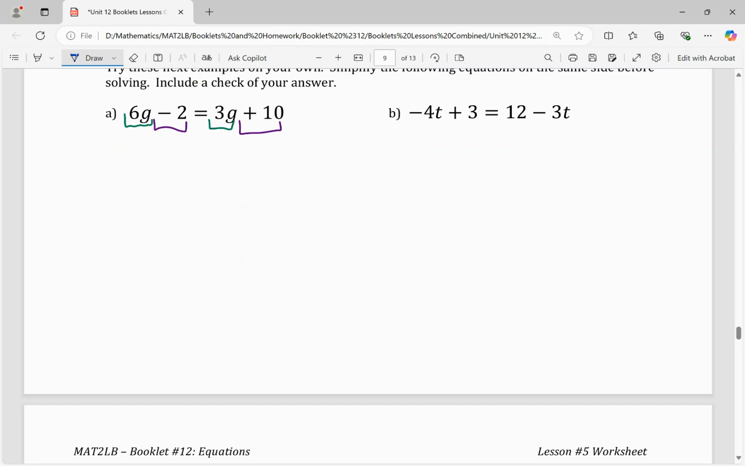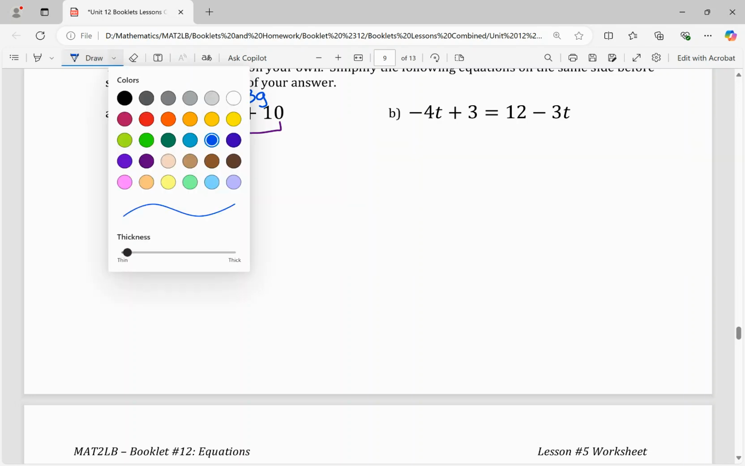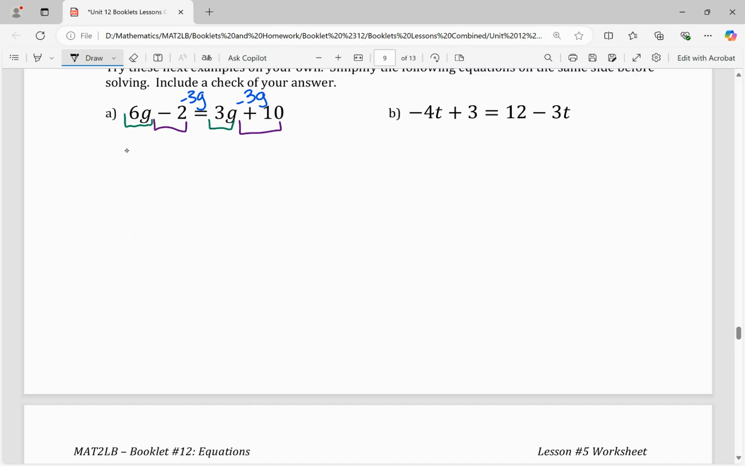The first thing that I'm going to do is take this 3g and move it to the left-hand side. How do I go about doing that? Opposite operations. In order to move the 3g over, I am going to subtract 3g from both sides. Right? Because 3g minus 3g is going to cancel out. That's the opposite operation. So, in other words, I'm going to write 6g minus 2 minus 3g